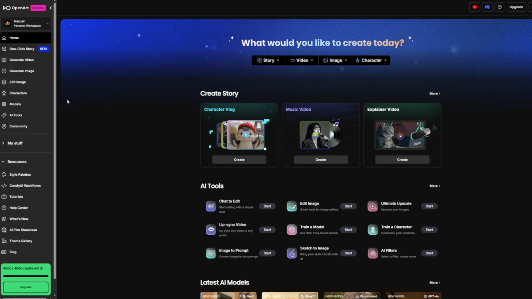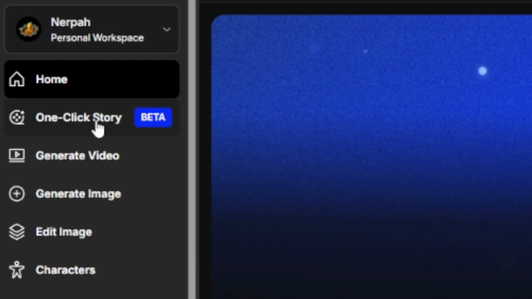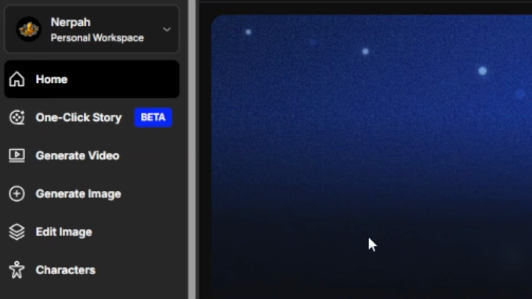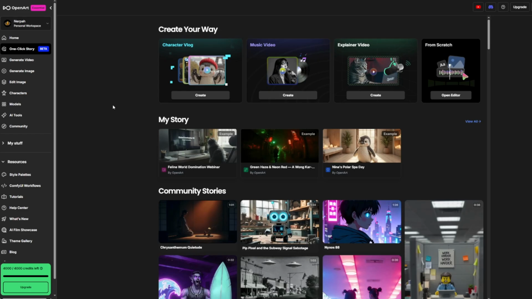Once you're on OpenArt, you're going to come over to the left-hand side and click on the one-click story, which is still currently in beta because it's so new, but it still generates very high quality stories and very consistent character designs, which is one of the main flaws with a lot of the AI video generators out there. This one is extremely consistent. And it is worth noting that along with the story beta, there is also regular video generation, image generation, and then of course you can build some custom AI avatars and characters. So there's a lot of cool stuff you could do with OpenArt, but the main thing I use this for